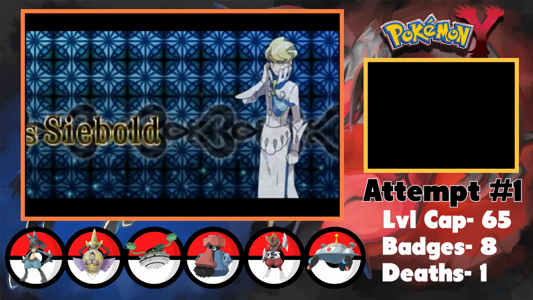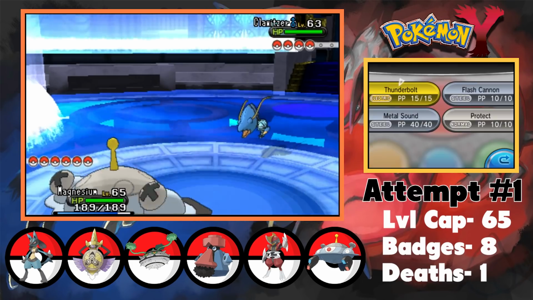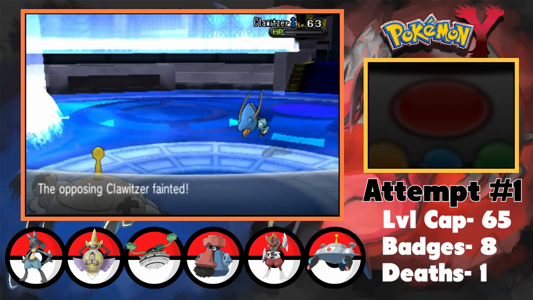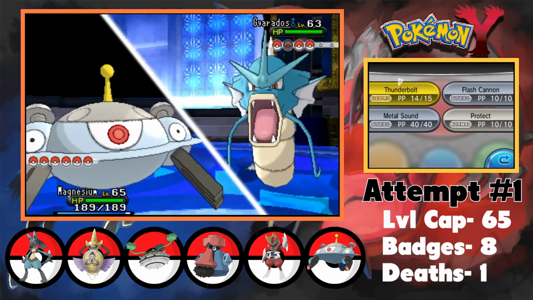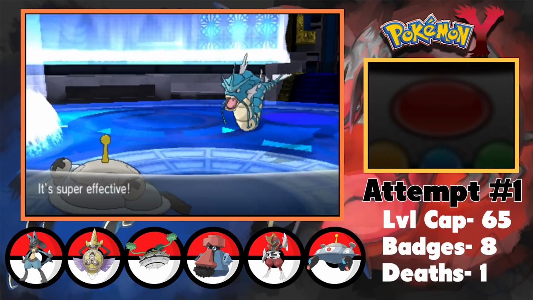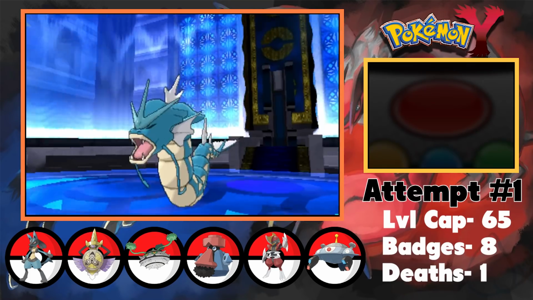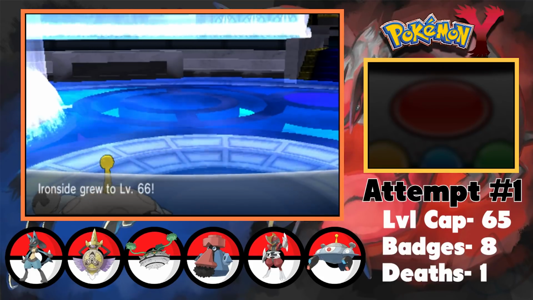I lead the battle with Magnesium as he leads with Gliscor. Immediately I go for a Thunderbolt, and since I outspeed, I one-shot him in the process. He then brings out his next Pokemon, Gyarados. Thankfully, my Magneton has Sturdy, so even if I possibly get one-shotted on this turn, I'm able to survive and go for a Thunderbolt. So that's exactly what I do, one-shotting the Gyarados in the process as he brings me